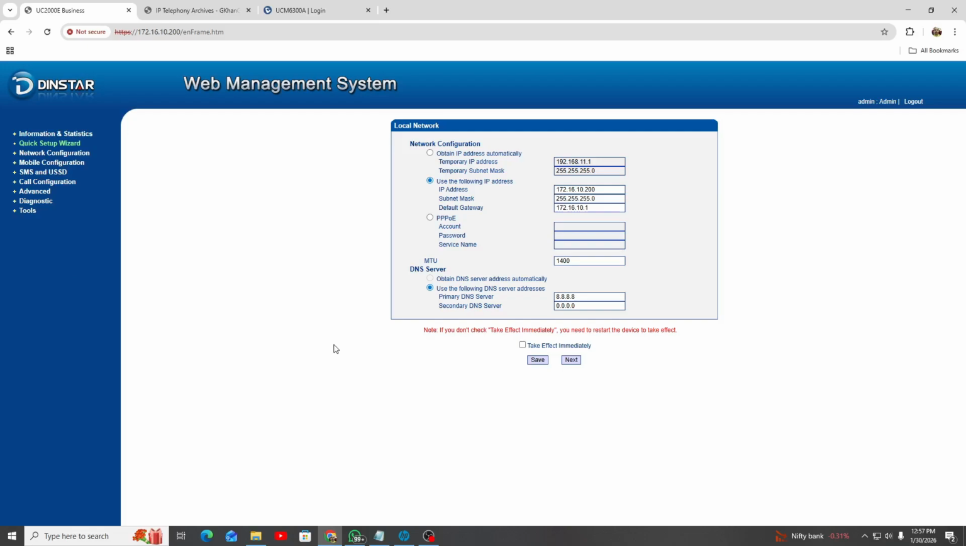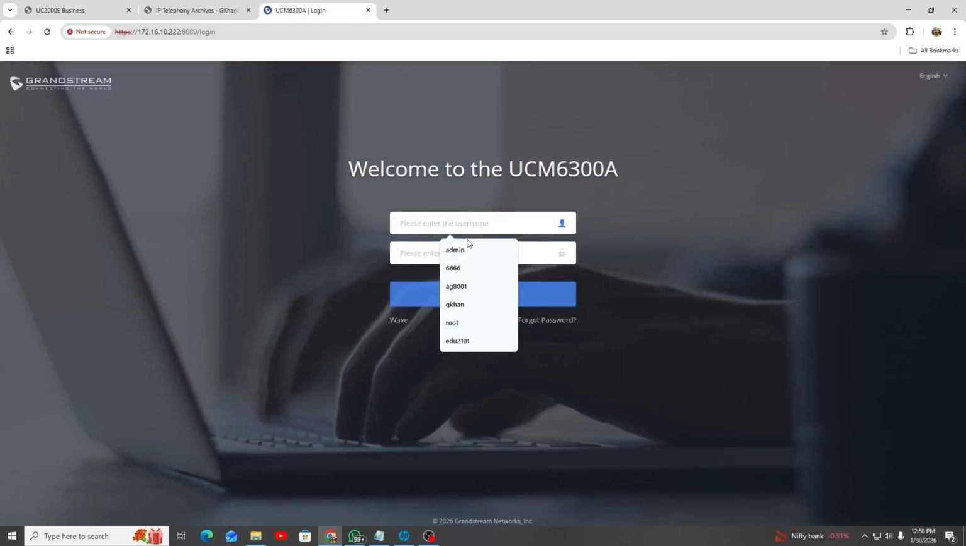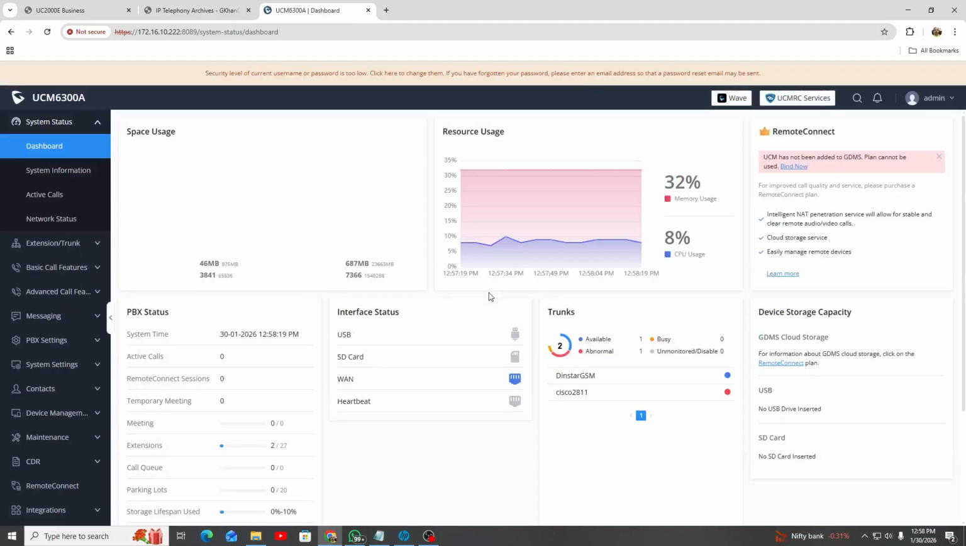I'm going to use an IP to IP trunk without authentication. So we have to go to configuration, SIP configuration. Here you have to configure your UCM IP address. Let me log in. This is my UCM IP address. You can see here,